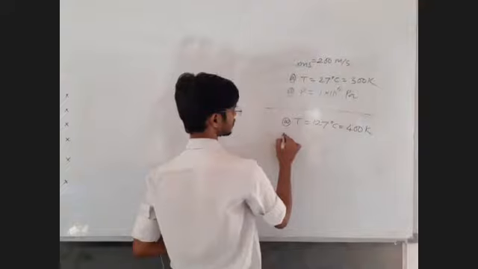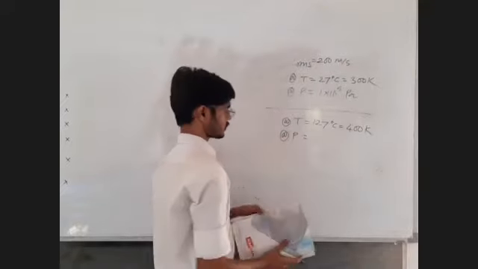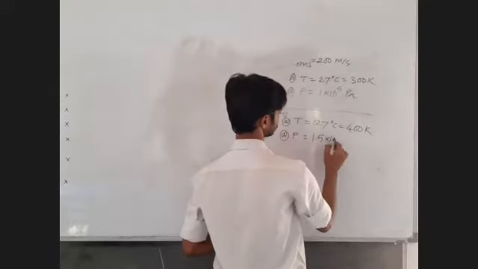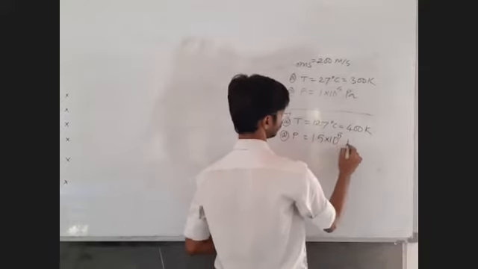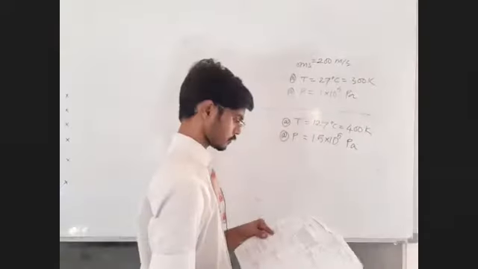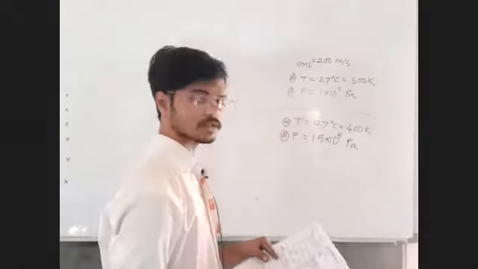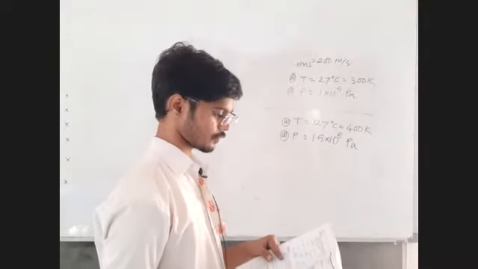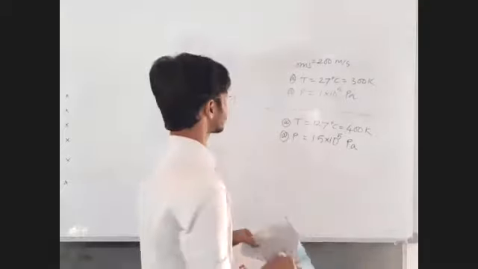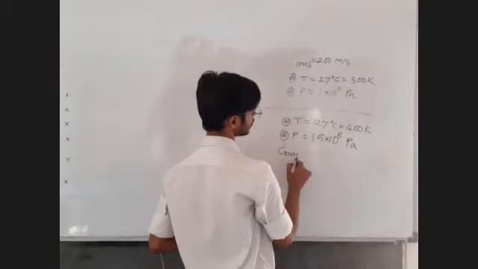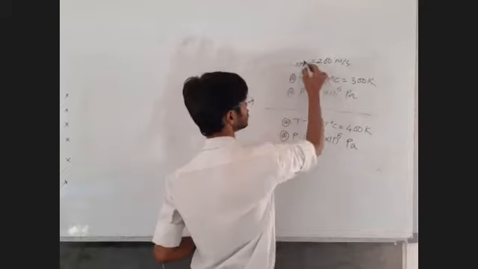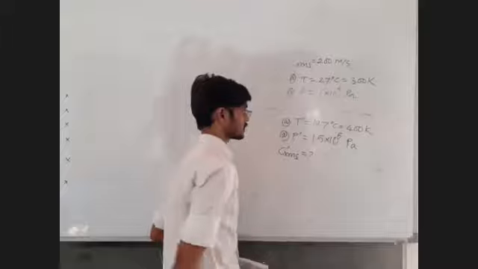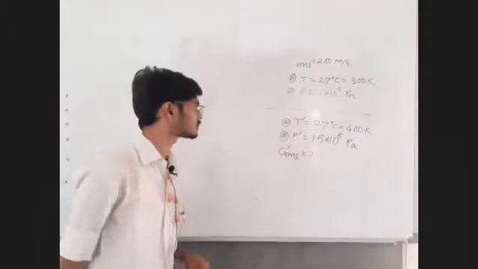At this temperature, and second case pressure is given as 1.5 into 10⁵ Newton per meter square, it again means Pascal. Okay, there is printing mistake. They should write capital N upon meter square. They wrote small n upon meter square. The RMS velocity in meter per second is नवीन RMS velocity काय असेल? So let's call this as T and P. Let us call this as T dash, P dash, CRMS dash. Okay, deal with the question and tell me the answer.